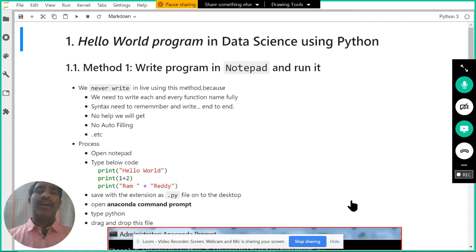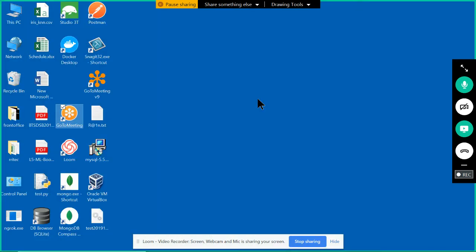We completed Anaconda installation and also we completed Notepad++ installation. Now this is the time to try to write a program using Notepad. Let us see how we can write in the Notepad. Okay, I opened the desktop. On the desktop, let us say,